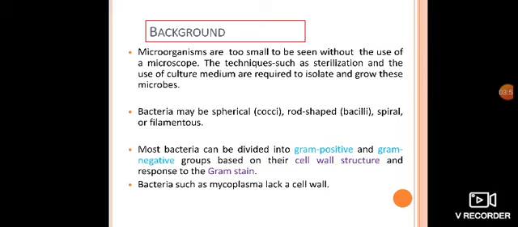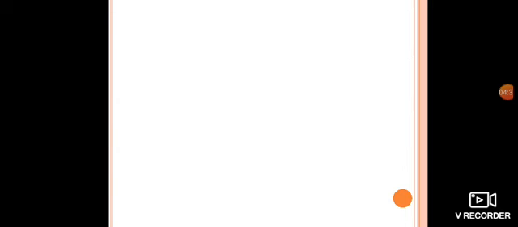See, if microorganisms get stained and show a color, but some microorganisms come in contact with the stain and do not show any coloration or differentiation, then on the basis of that we conclude that these bacteria are from the mycoplasma category, because they lack a cell wall. After staining, the cell wall gets stained and shows different types of coloration, and on that basis we distinguish them. So these are the basic background points regarding bacteria.